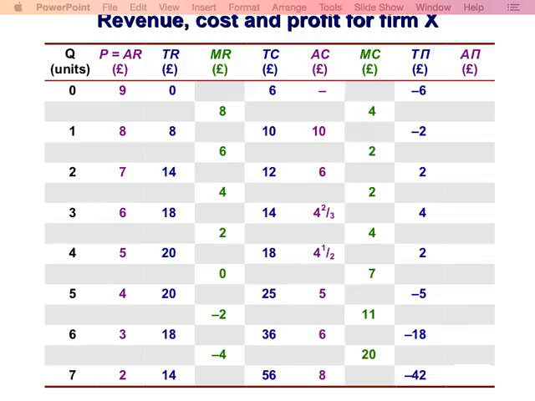Remember last week what we said? Fixed costs do not vary with the amount of production. It's the variable cost that varies. So as we start producing, the variable costs add up. Fixed costs are fixed. If you subtract 6 from 56, it gives us 50 for variable cost, because fixed cost is always 6, so it's in there. If you remove 6 from these costs, you get the variable cost.